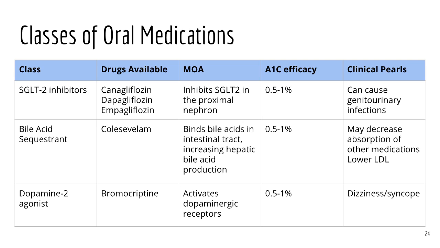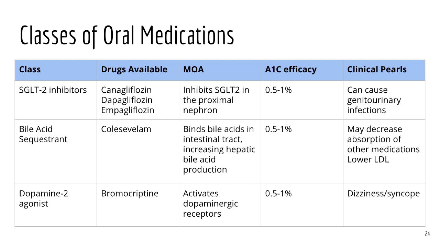Next up on the classes of oral medications, we have the SGLT2 inhibitors. This includes canagliflozin, which is Invokana, dapagliflozin, which is Farxiga, and empagliflozin, which is Jardiance. These work on the sodium glucose transporter 2 receptors in the proximal tubules of the nephron, basically to prevent reabsorption of glucose in the kidneys. Because of this effect, they can cause, of course, genitourinary infections. All three of these classes on this specific slide have similar A1C efficacy of 0.5 to 1% in ability to